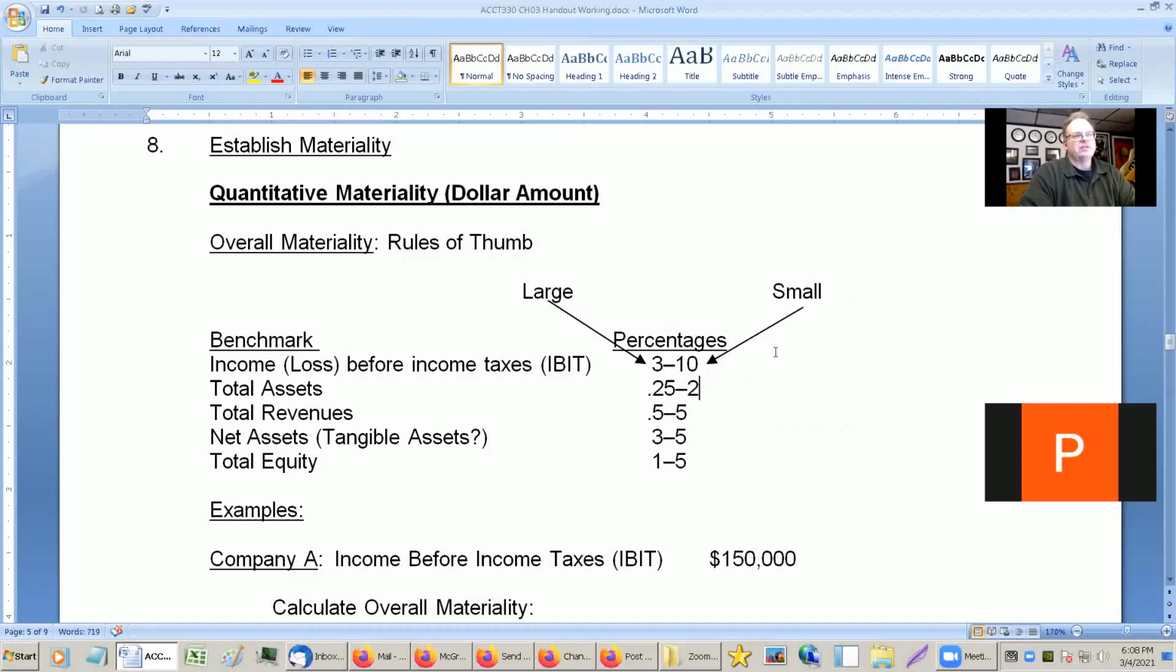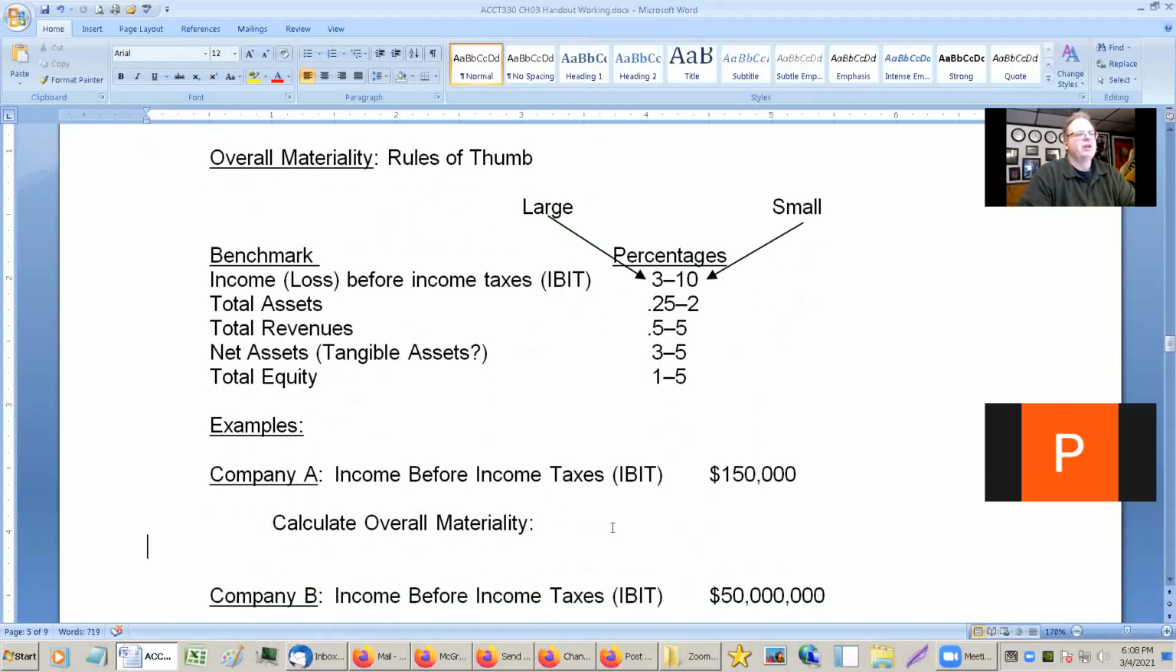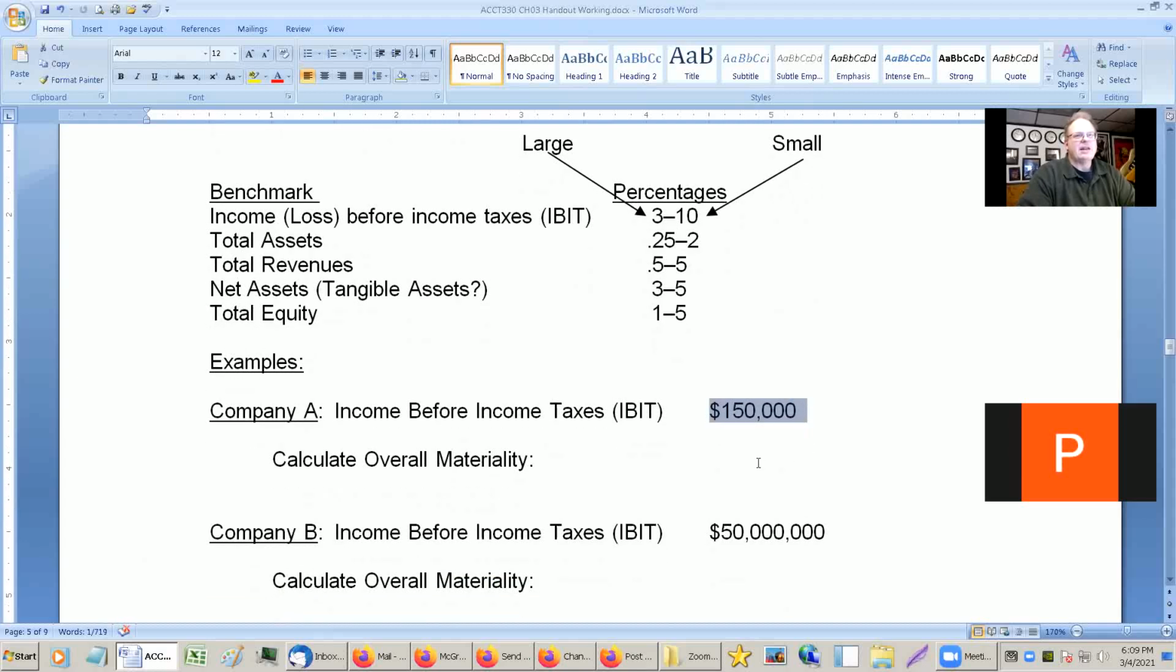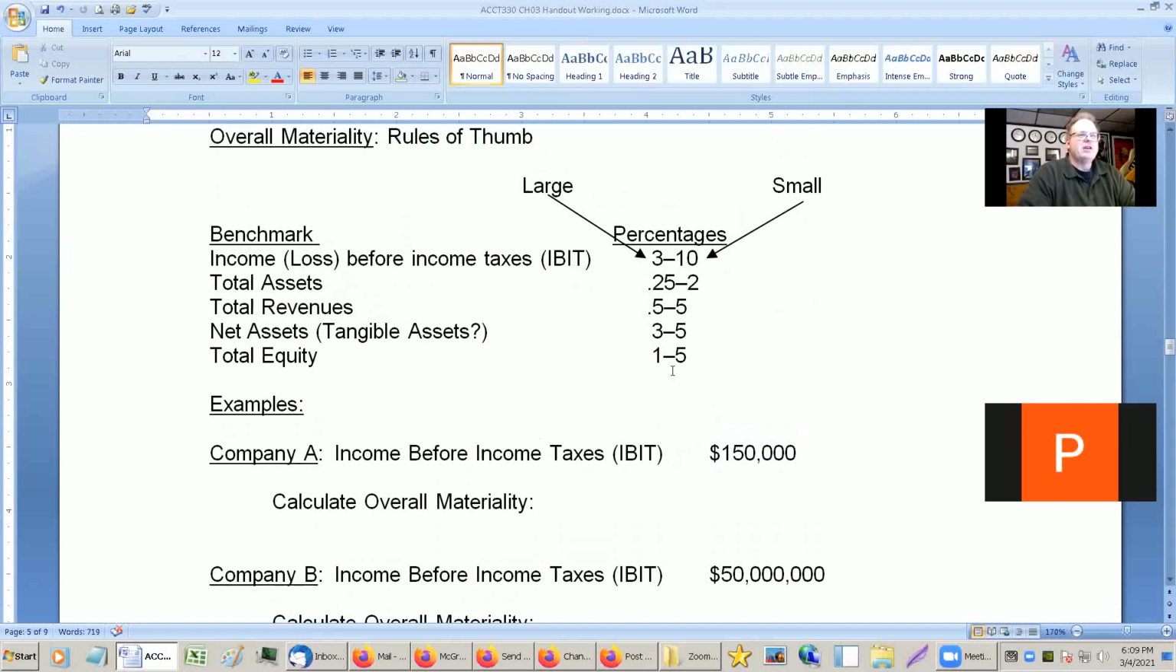And let's start with the smaller companies first. If it's a smaller company, let's go down here. Let's go to this one. So company A, income before income tax is $150,000. Not bad, but I mean, they would have to be considered a smaller company. So we'd probably use more closely the upper range of the percentage. So 150,000 times, say, 10%, equals 15,000. So for company A, we would allow up to $15,000. The books be off by